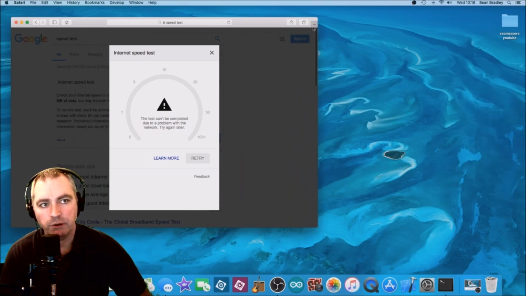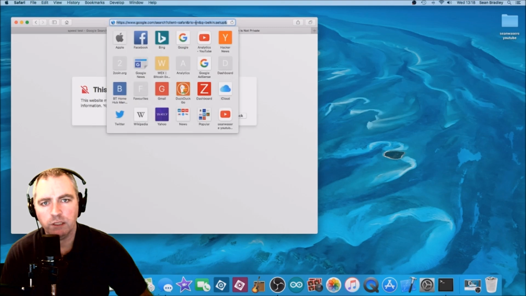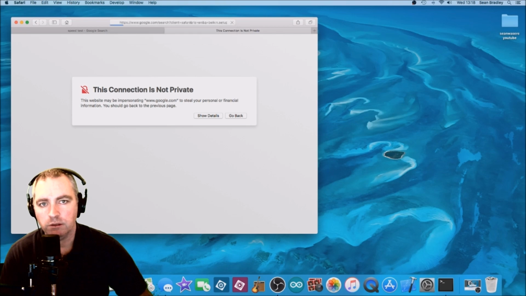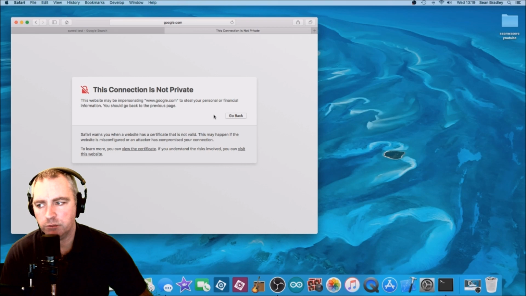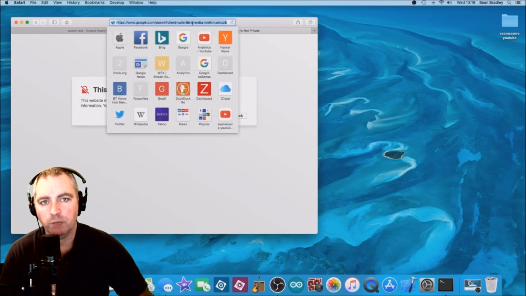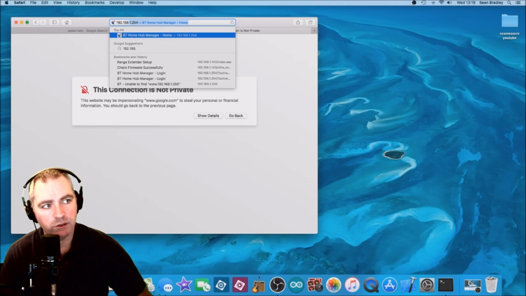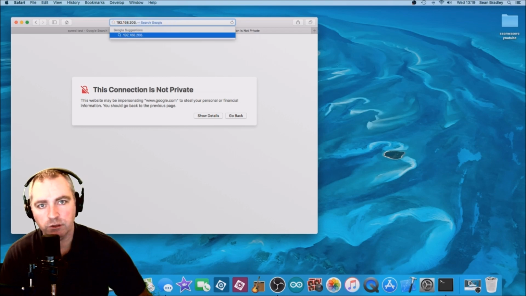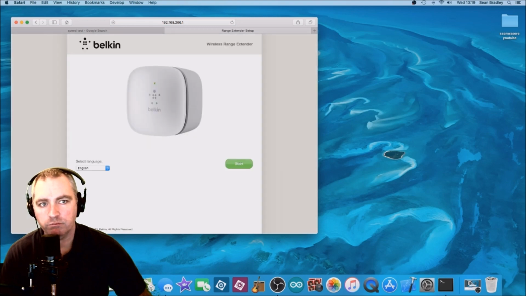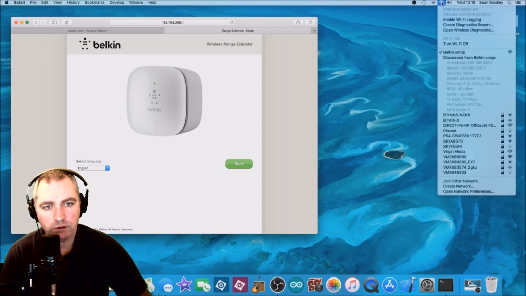So go to Safari now. We now type in Belkin.setup. Enter. And if you have problems like I'm experiencing right now, don't worry about that. Just type in that IP address I told you about before, 192.168.206.1, and there we go. We're at the proper setup page now. Now we just follow the dialogues